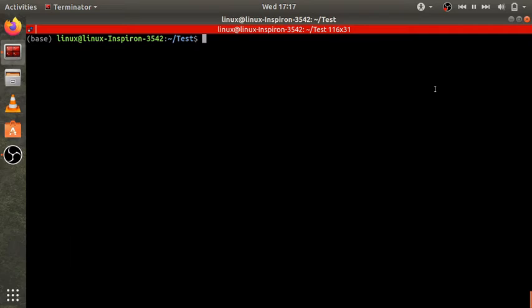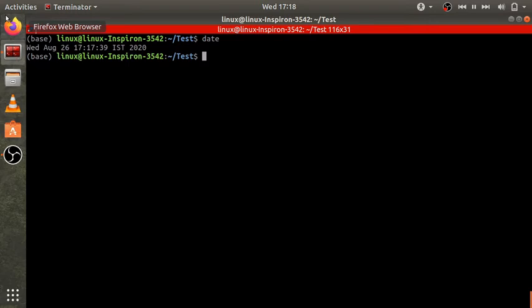For example, we run the command date and press enter. It will print the output to the current terminal screen. But here we don't want the output to be displayed on the terminal. We want the output to be saved in a file. This could be done very easily with redirection. Redirection here simply means diverting the output or input.